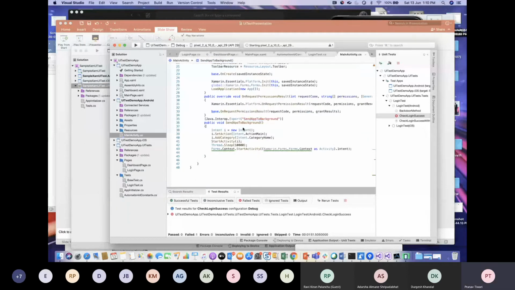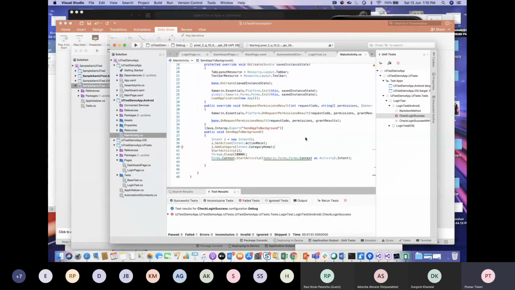Inside that, it's a normal Android method that I have written. I'm going to press the home button, and after that I'm going to start the previous activity back. So that's what I'm going to achieve here. When we were trying it with UI automation, for the iOS app we can send it to background and bring it back, as we already have that functionality in UI test automation, but in Android it has not been done yet. So in automation we got blocked because of this, and we came across the backdoor method, and we can see it's quite easy to implement that. So we'll see how our backdoor method works.